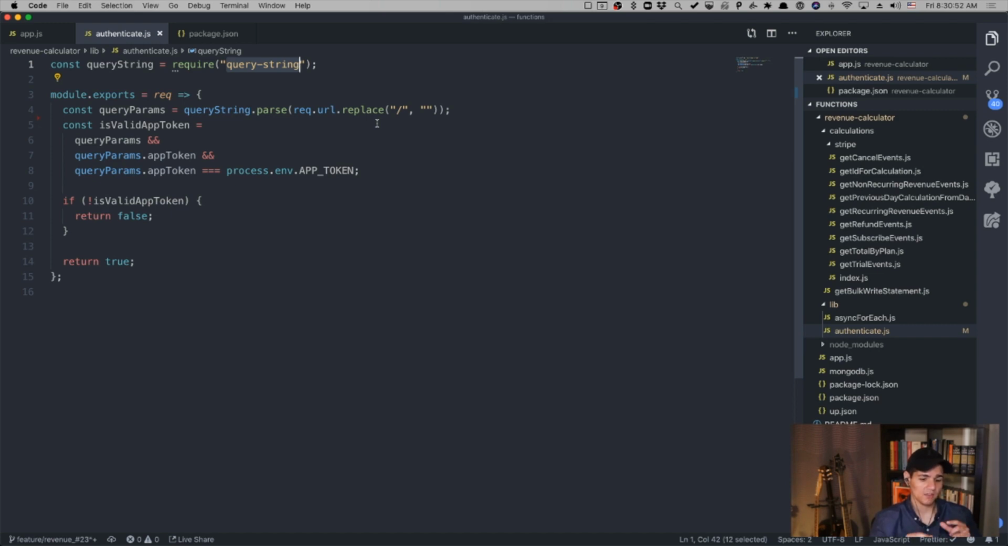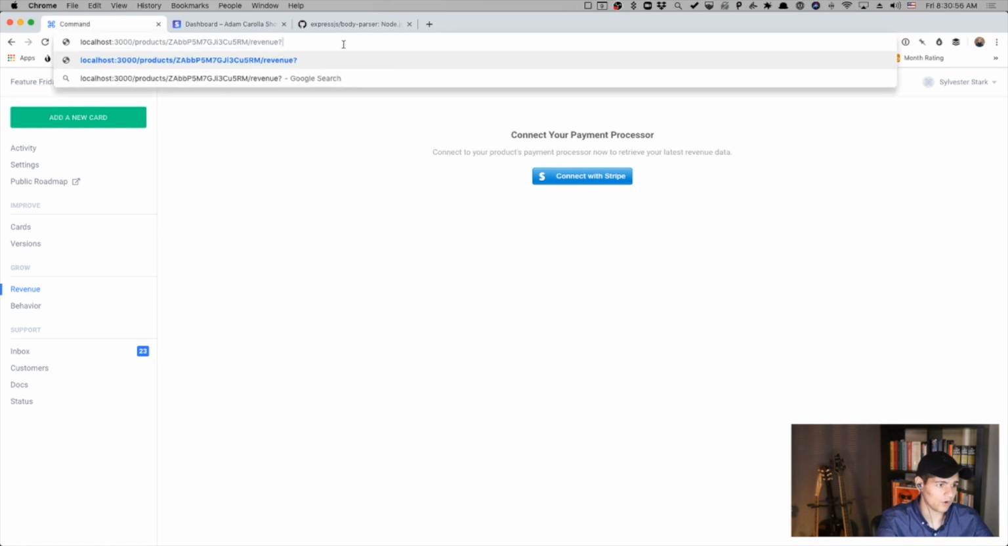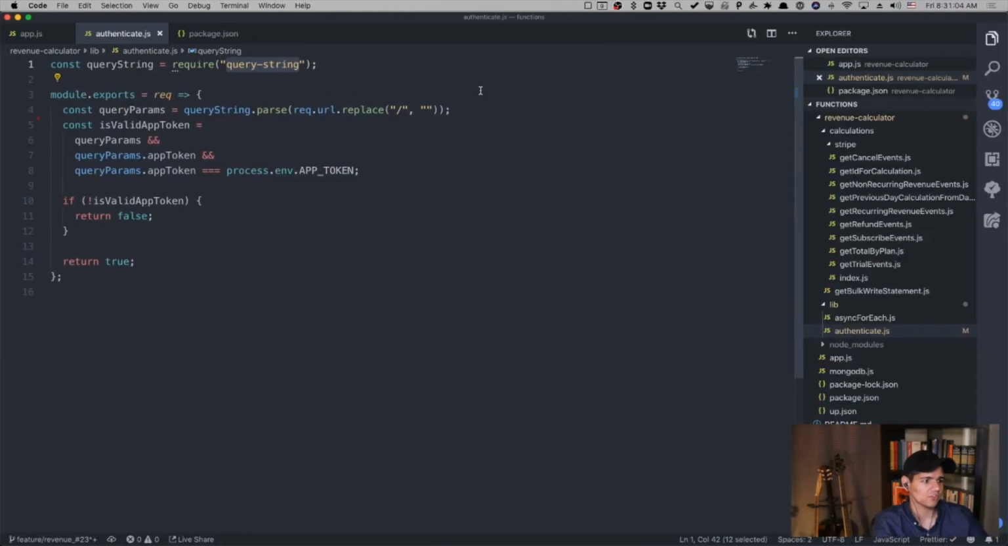So what I mean by that is a query string is everything in your URL after the question mark. So we'll say question mark test equals 1, 2, 3, 4. So this is the query string. So what that package allows you to do is take that part of the string and say, okay, turn this